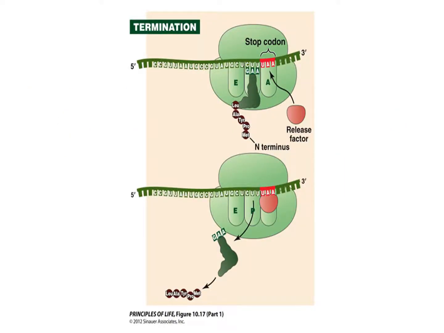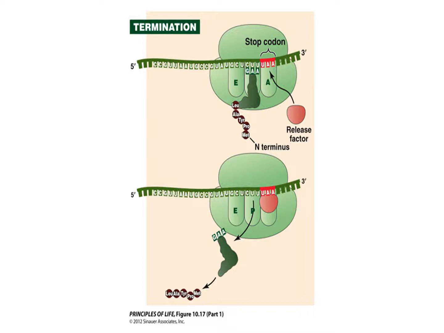So when we look here, you can see the little chain of amino acids that are put together. That's our polypeptide. We see they're attached to a tRNA. And then we see the UAA. That was one of those 3 stop codons. That tells release factor to come in. As release factor comes into the A site, that tells everything to sort of break apart. And that terminates the actual